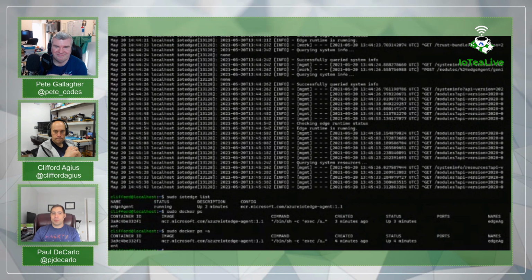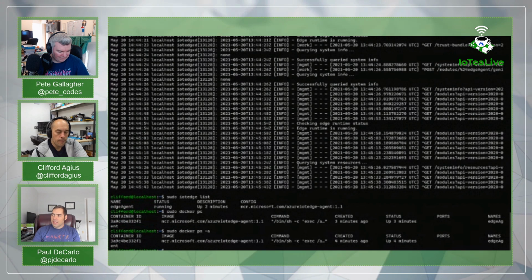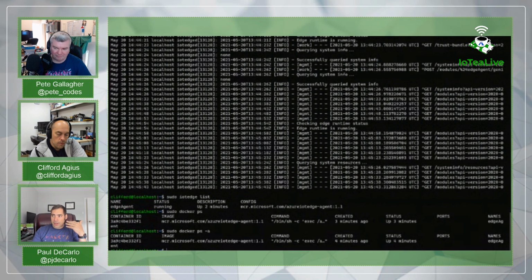We only officially support Moby, which can be thought of as the open source version of Docker. If you want to think about that, the open source components. So now what we're going to do is start to configure our device so that it can be ready to